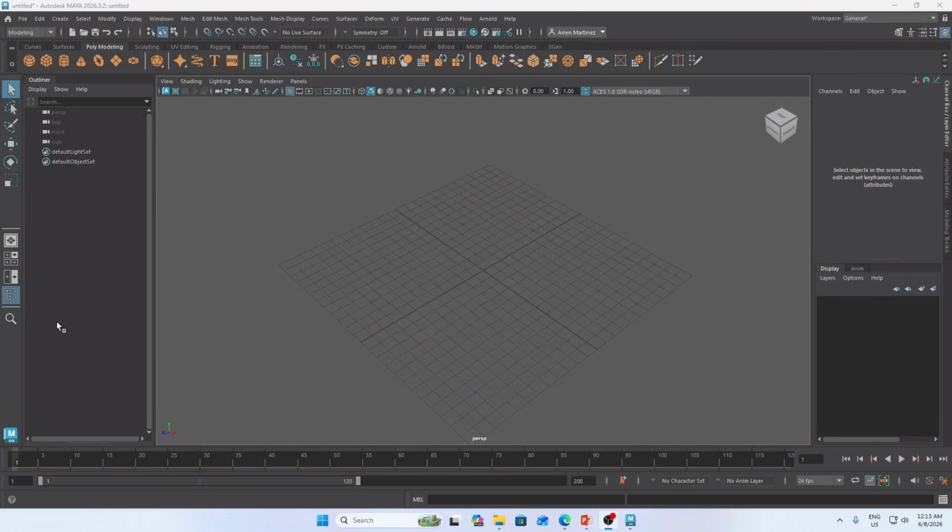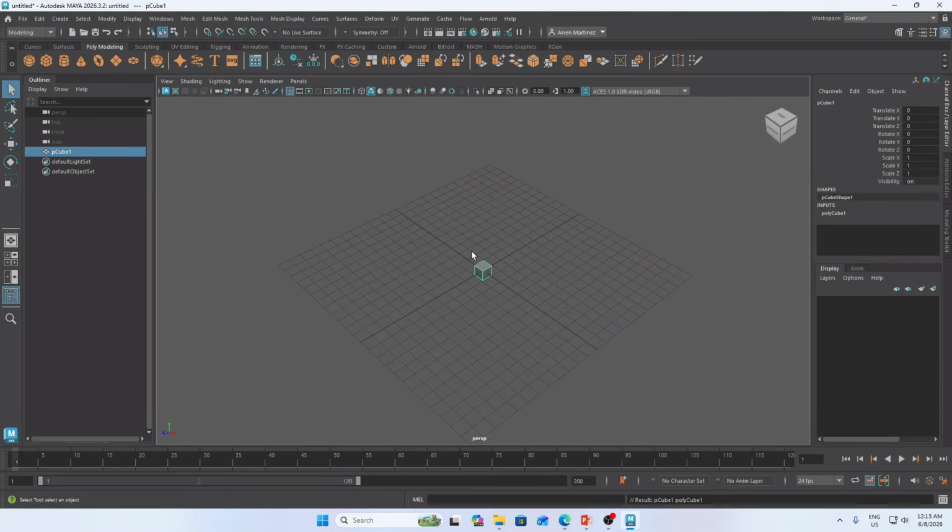Okay, it's challenge time. I want you to place random poly modeling shapes or 3D shapes here in the shelf. For example, I want to place a cube as well as a cylinder.